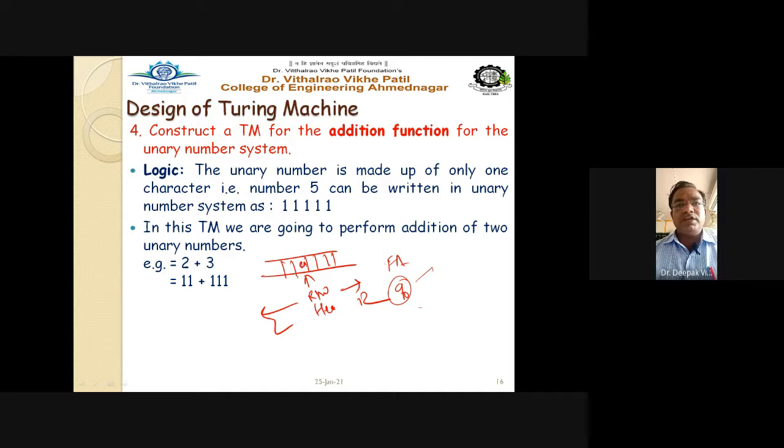Suppose A is to be read here. The operation is read or write, so I can read A and move in the right hand side direction, or I can read A and print A and move in the right hand side direction, meaning after reading A I put it as capital A. So writing is also possible, meaning I am changing this input symbol to an output symbol and moving in the right hand side or the left hand side direction.